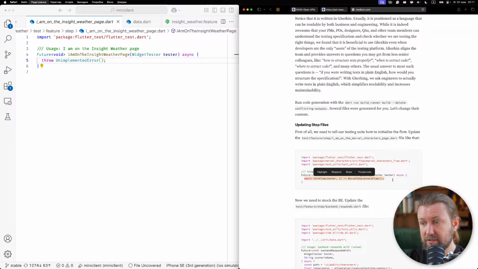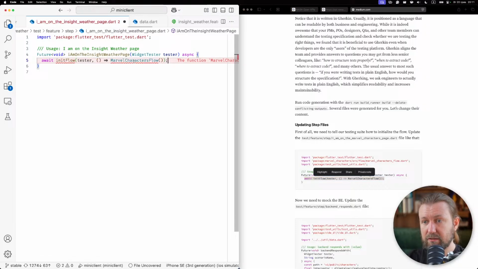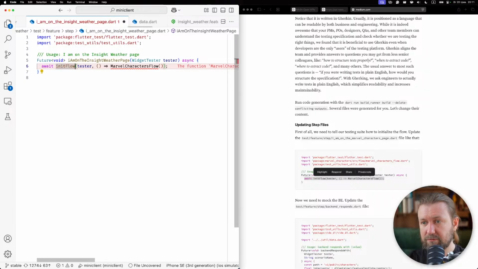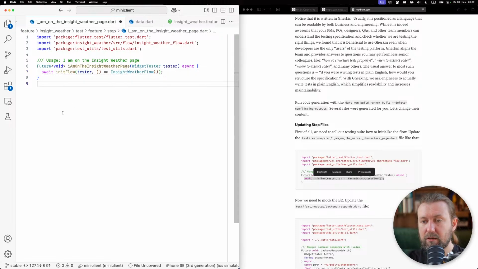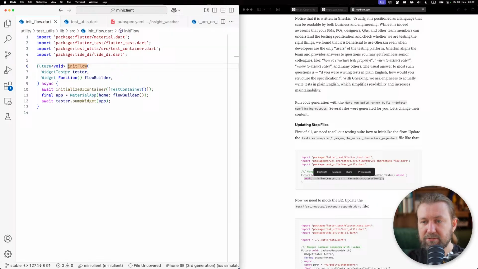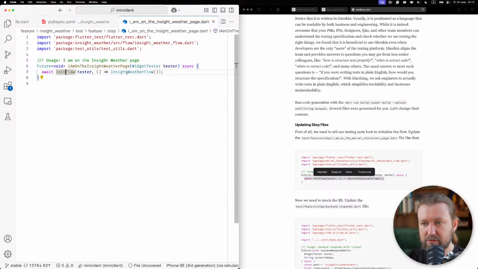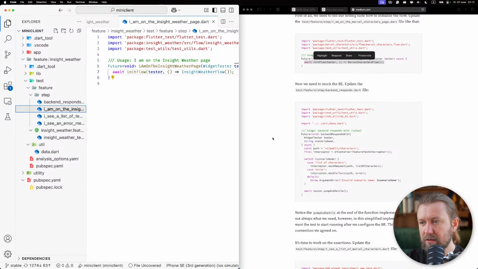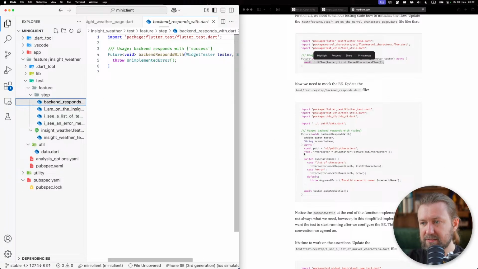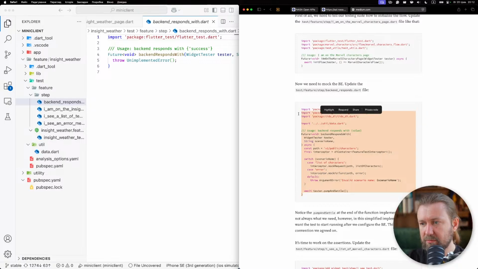Well, that means that I am on this flow. So here there must be Insights weather flow. And inside, init flow will initialize DI for us and pump the appropriate widget. So that should be it for this implementation. So the backend responds with something. Let's copy paste this implementation too,